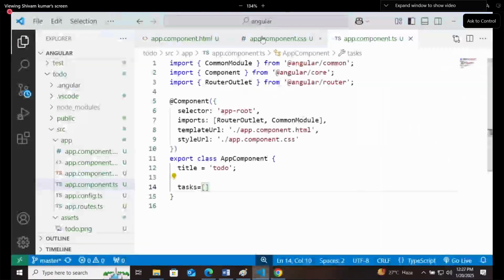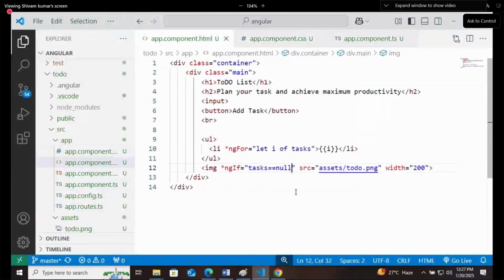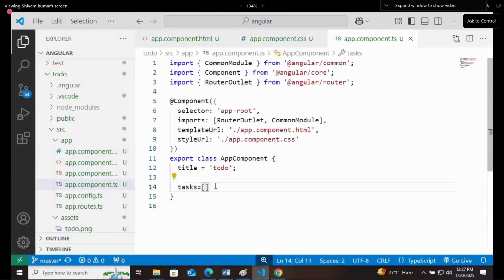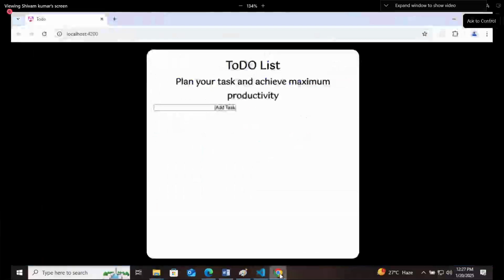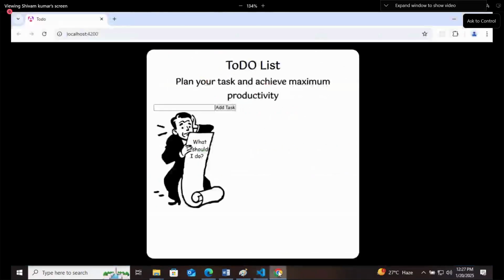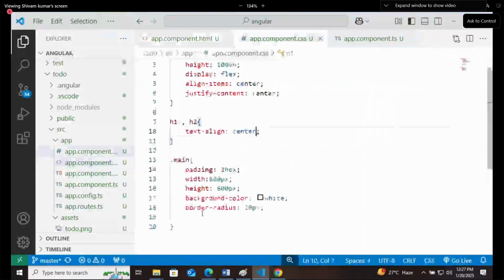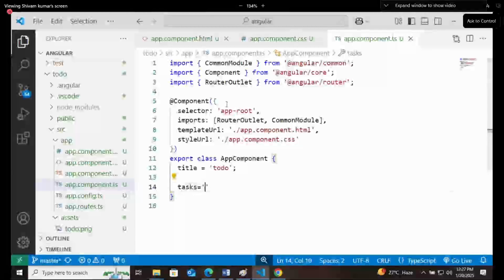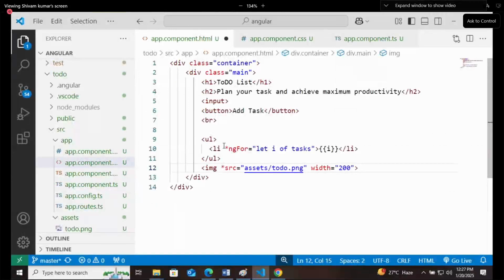Okay. So here, tasks, ngIf tasks equals to null.